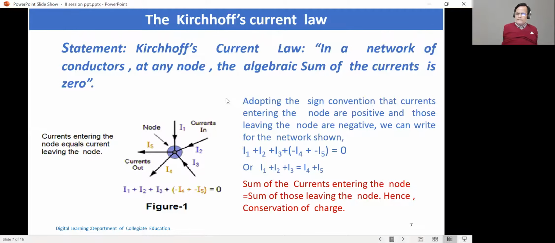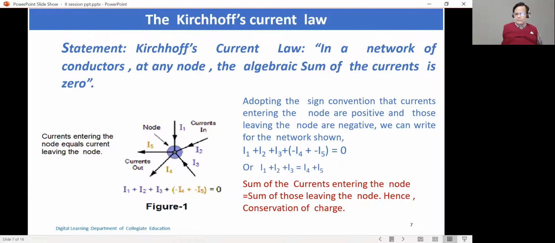Usually, in many cases, people consider more than one mesh together, and when such a thing happens, you will also see a situation where many nodes get involved. At each node there is a possibility for currents to divide. So when we consider more than one mesh together, there is a possibility for current division within, and such an arrangement is often called a loop. You also have textbooks wherein the terms mesh and loop have been interchangeably used.